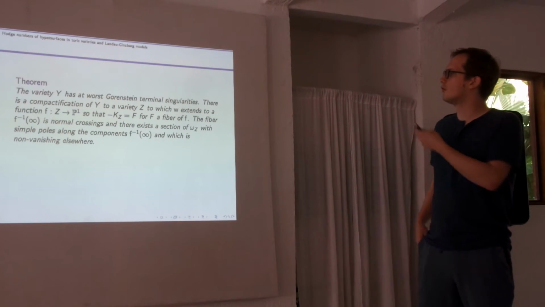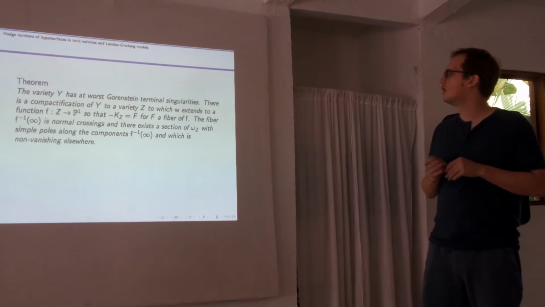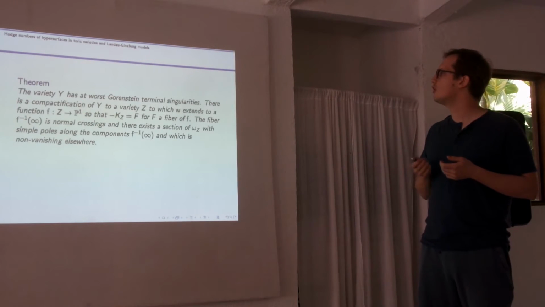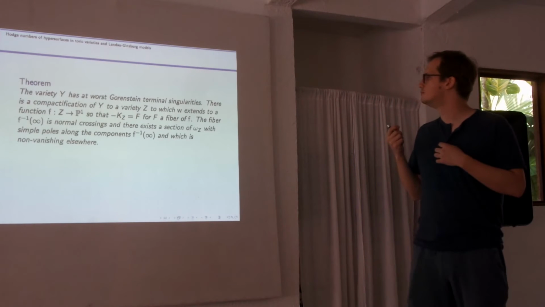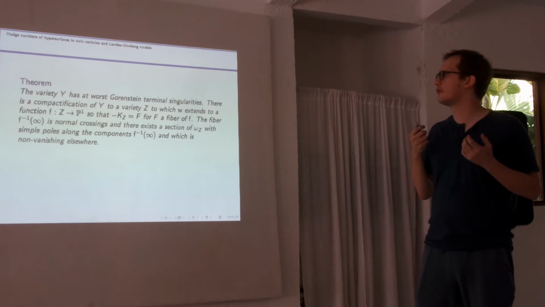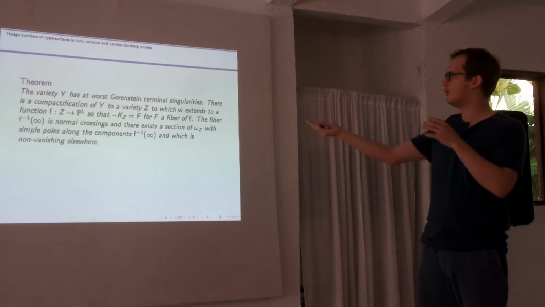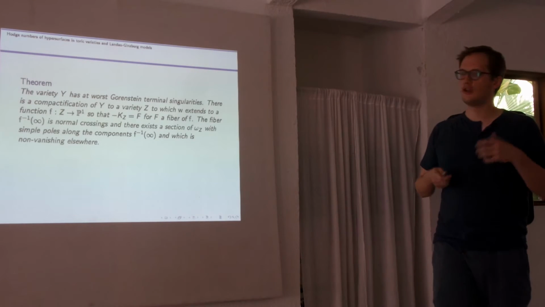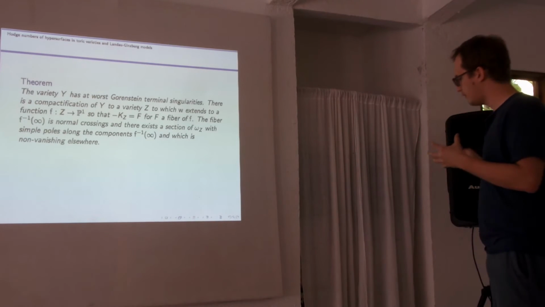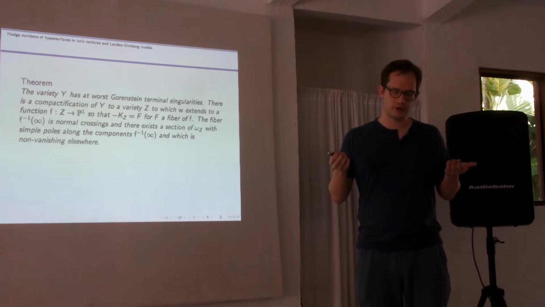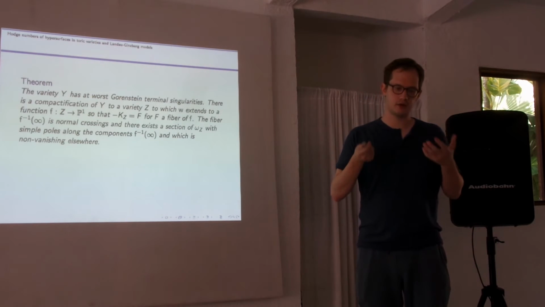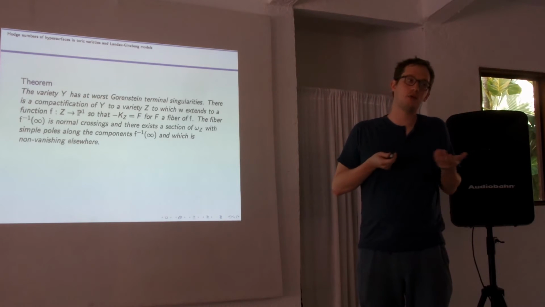So this sort of means that there's a section of the anti-canonical bundle of Z, I think, which has simple poles along components of the image of infinity. So this is sort of a log Calabi-Yau compactification with terminal singularities. So that's exactly the best you can really hope